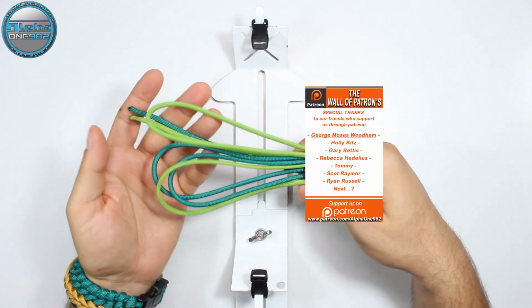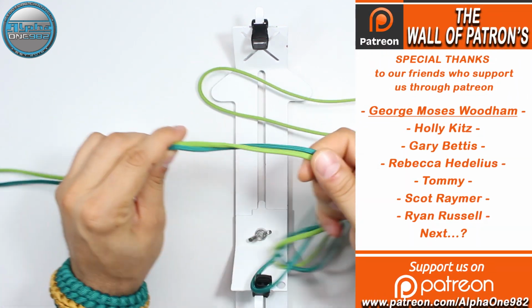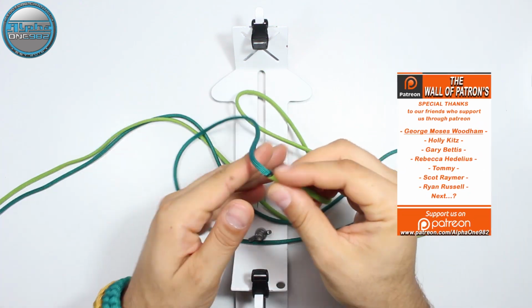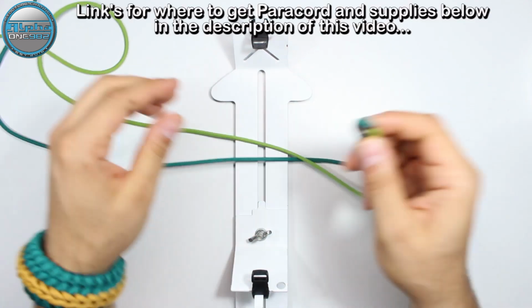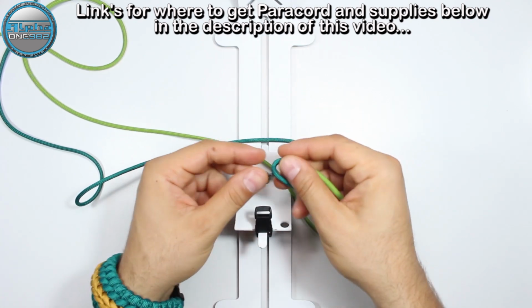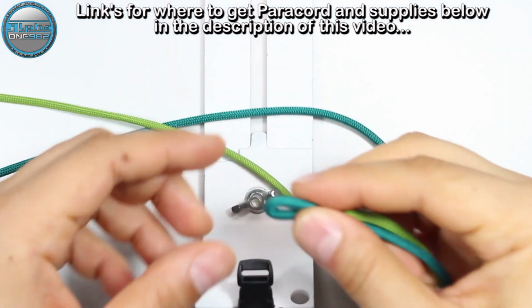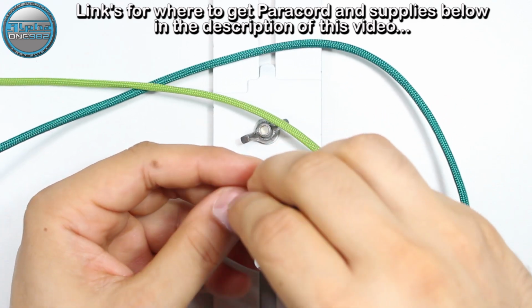So let's start. First we're gonna take the ends of our paracord, and I forgot to mention, I joined those two colors together. Now pull it and create the cow hitch on the one side, so create a little bite like this. I'm gonna zoom a bit, and then from the top side into the buckle,